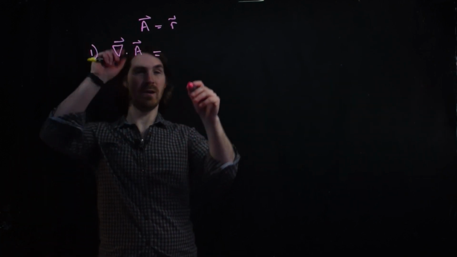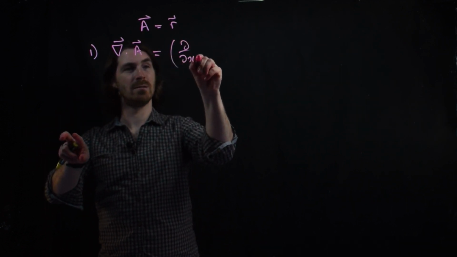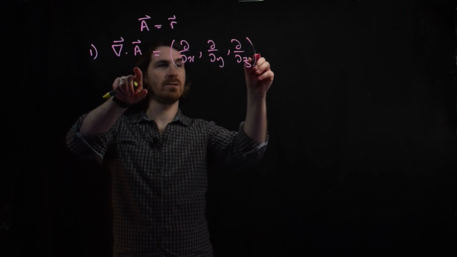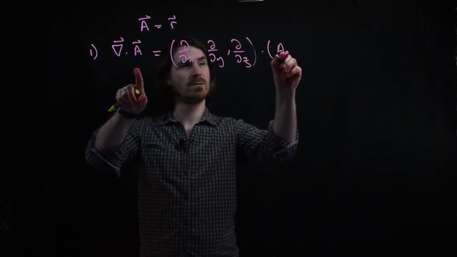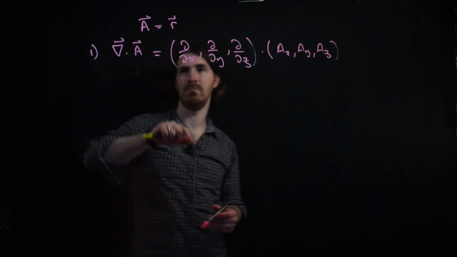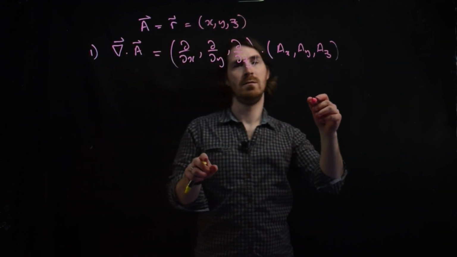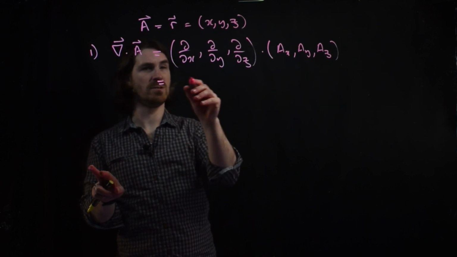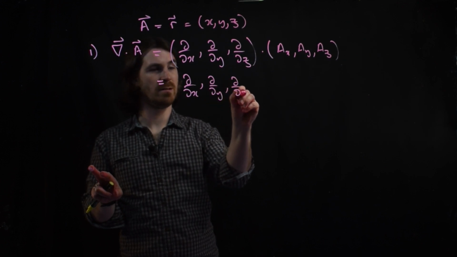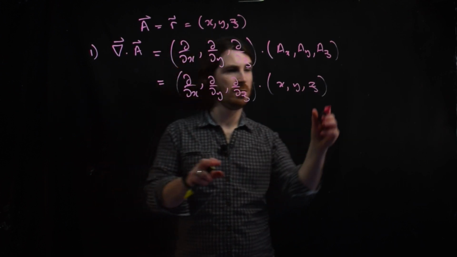The divergence of a is the scalar product, you can think of d by dx, d by dy, d by dz, with the vector a: ax, ay, az. And here our vector is just the coordinate vector, it's just x, y, z. So this is just d by dx, d by dy, d by dz, dotted with x, y, z, which is just